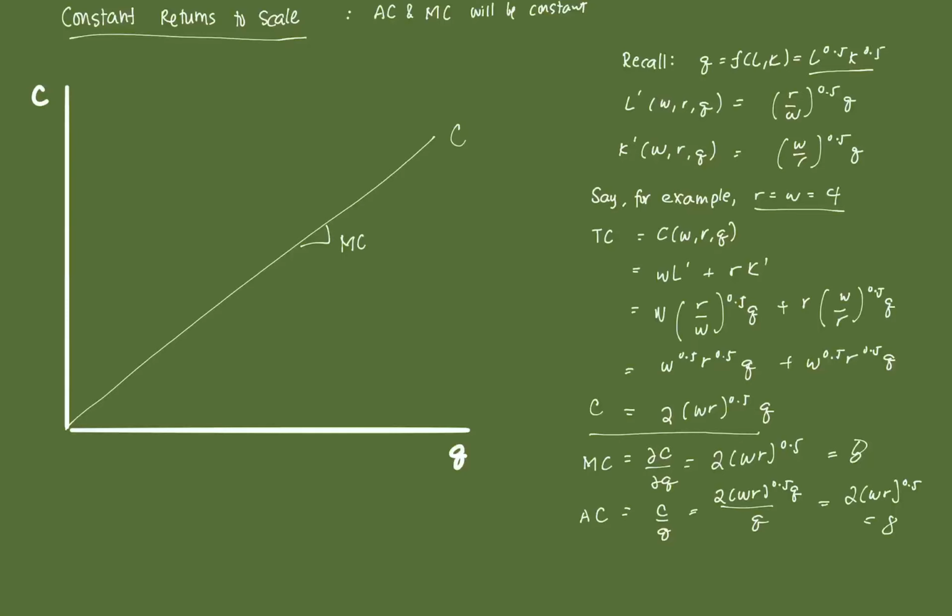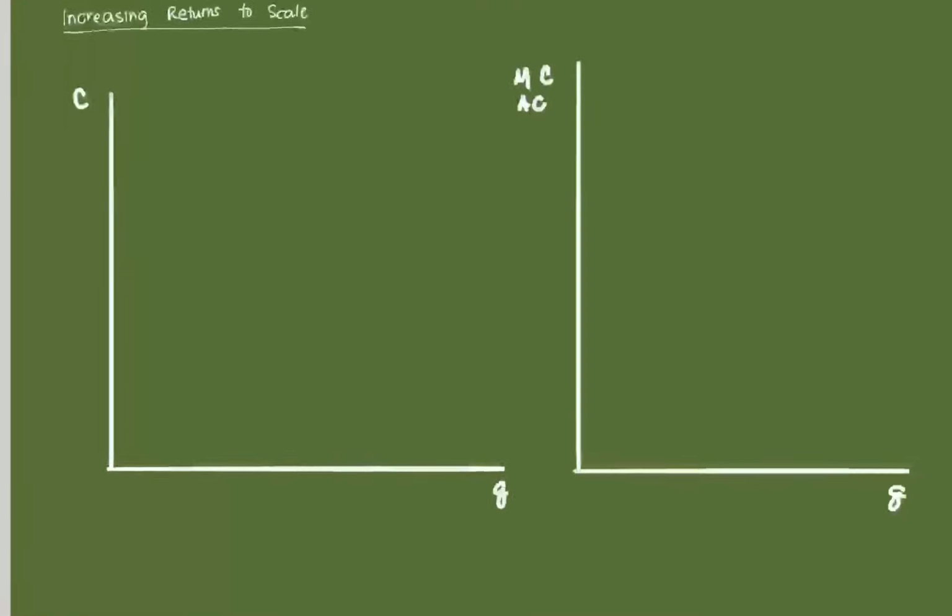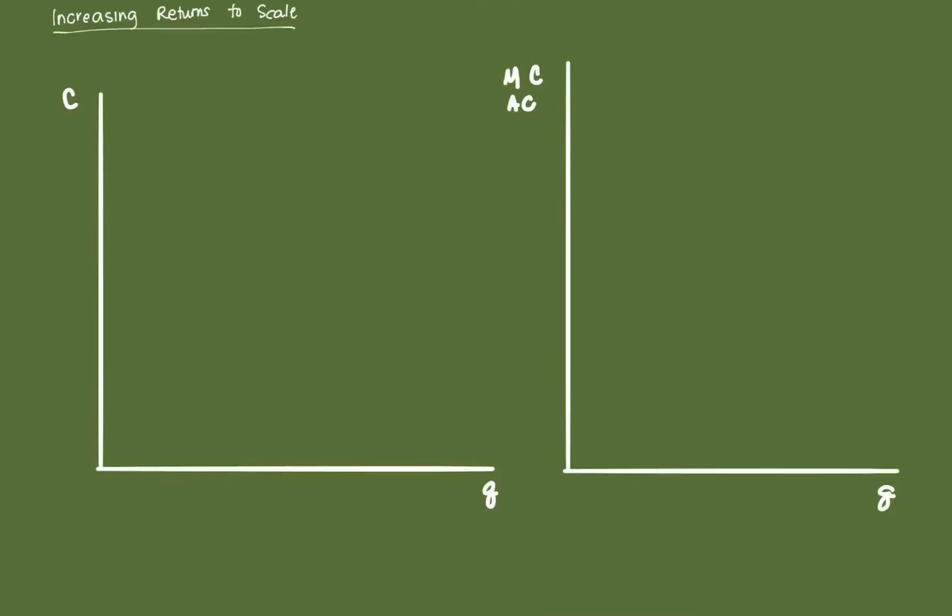Okay, now, so that's constant returns to scale. Now, we're gonna see a different example, when the firm exhibits increasing returns to scale. So let's go to increasing returns to scale. With increasing returns to scale, the total cost function is strictly concave in output. Okay, and what does that mean? It means that if the cost function is strictly concave in output, it suggests that total costs increases with output